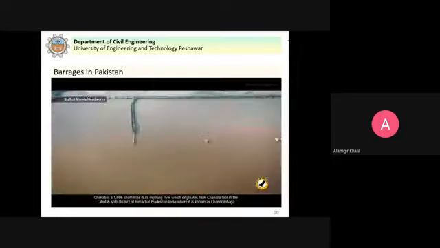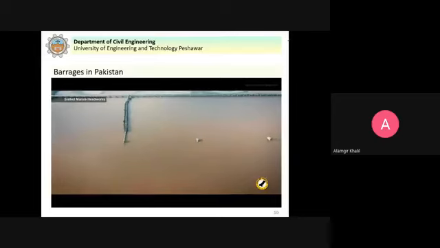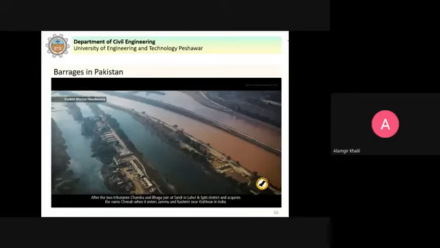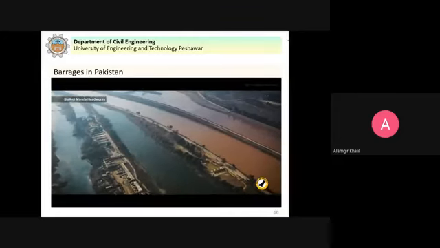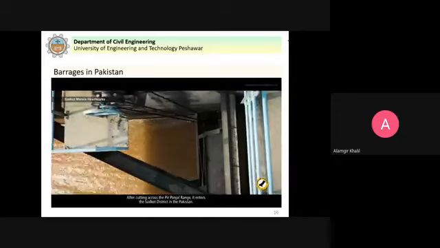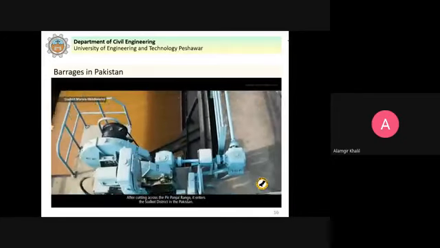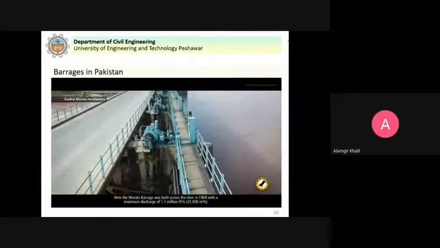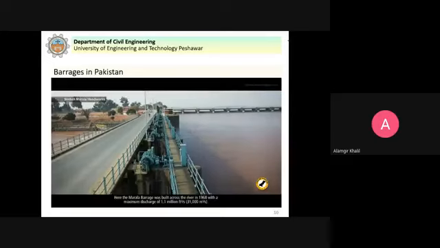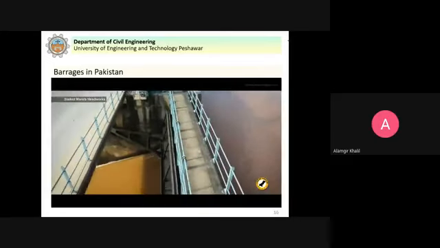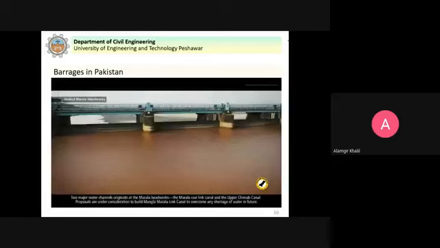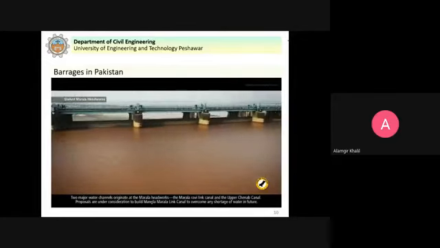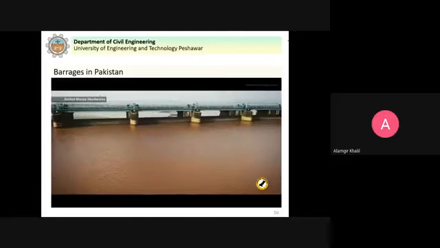The hydraulic jump dissipates the energy. You can see that the barrage is divided into different bays with the piers. These are the off-taking canals. This is the canal head regulator. You can see the downstream side and the upstream raise of water level.